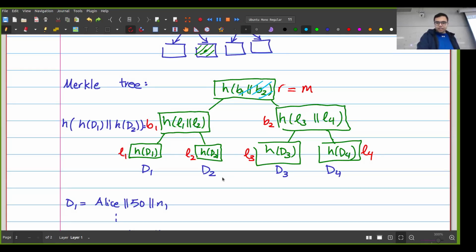Let's say that Carol wants to prove it. So I want to prove this third transaction. Again, I have to prove the root. I have to prove that B2 is the right child of the root. But in order to do that, I have to also know B1. So she should also know B1 and B2. But at this point, B2 is proven to the bank. So she wants to prove that L3 is the left child of B2. But to do that, she needs to also know L4. So she needs to know L3 and L4. So this is the proof that I'm going to give to Carol, the person who's done the third deposit,